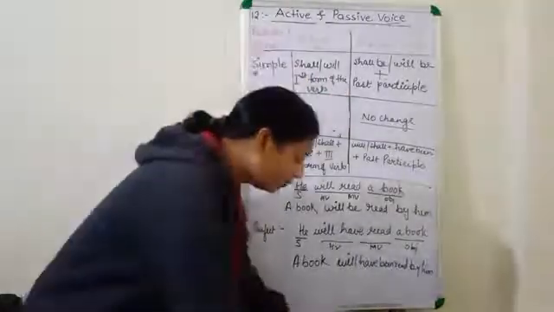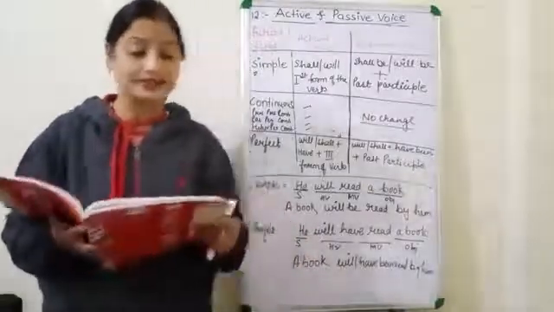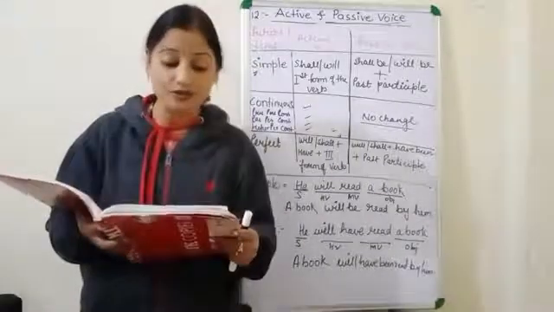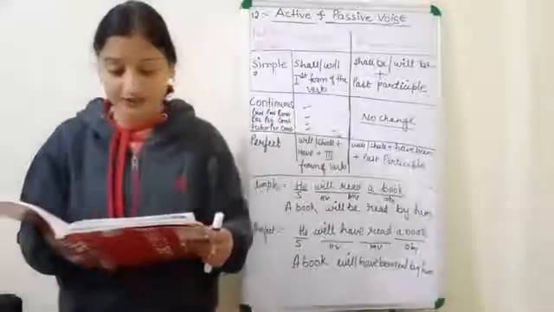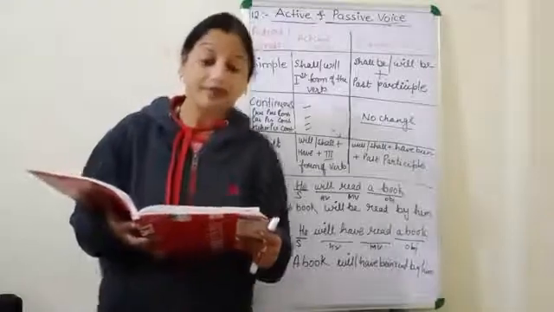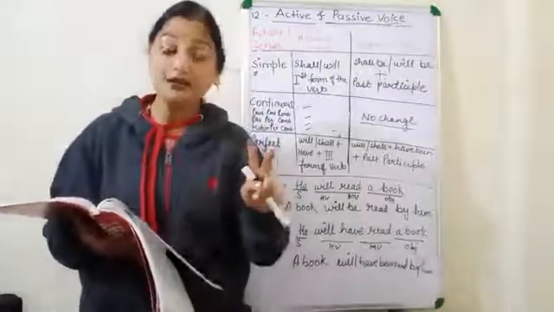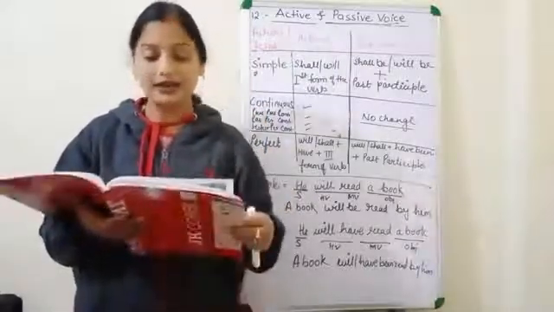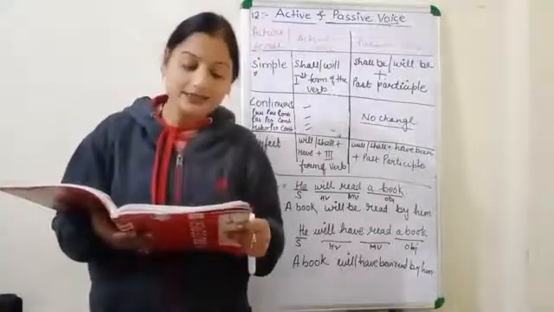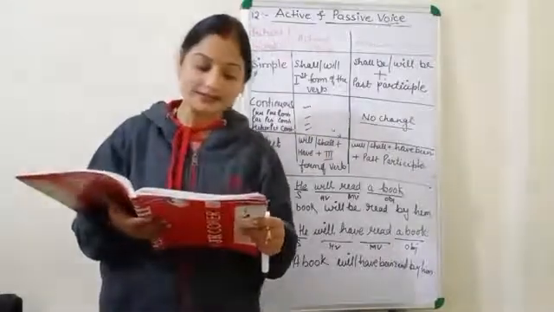Now, almost the rules are okay. We have a few more points in the text, children. The point is, when a verb in the active voice takes 2 objects, there are 2 forms in the passive voice. If there are 2 objects, then there are 2 forms in the passive voice. See, your aunt teaches us English. Clear? This is your active sentence.